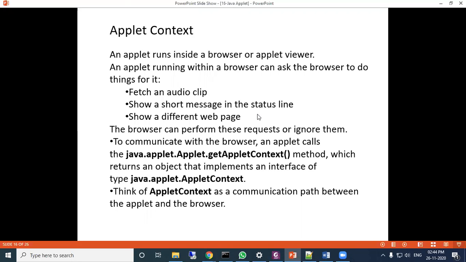Then next we will see the applet context. The applet context runs inside a browser or appletviewer.